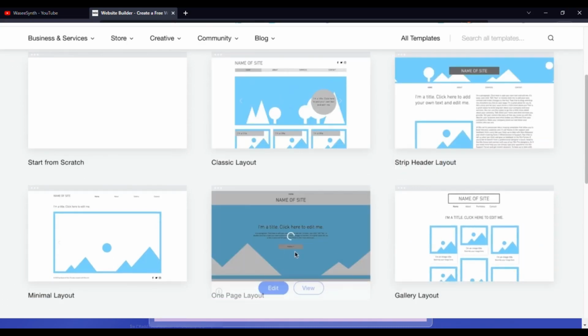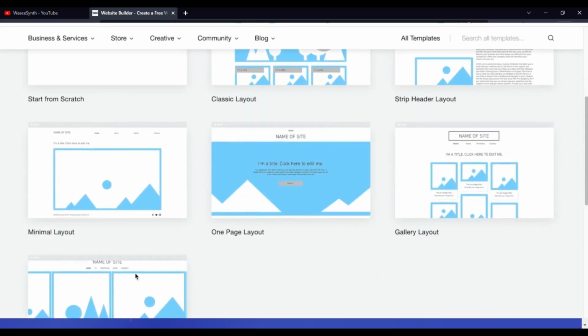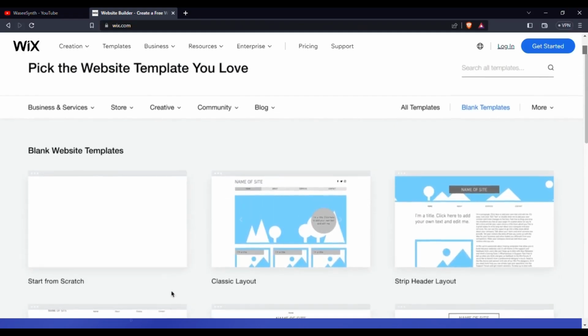These are just the layouts. It is basically the way the website is arranged. You can